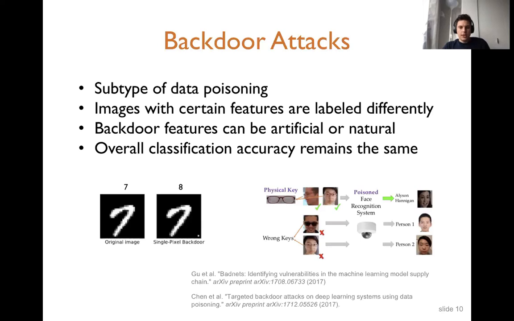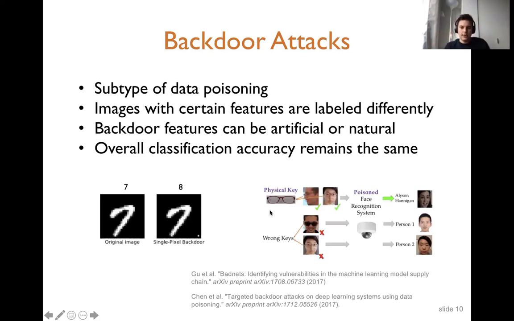It usually requires the adversary to have access at input time. So somebody needs to come and, in the adversarial examples case, modify the picture, add some noise. In the backdoor case, the feature could be just a physical key. Like in this case, it's just a type of glasses.